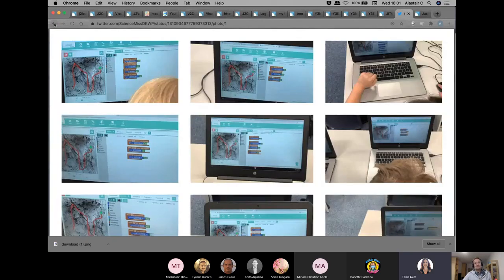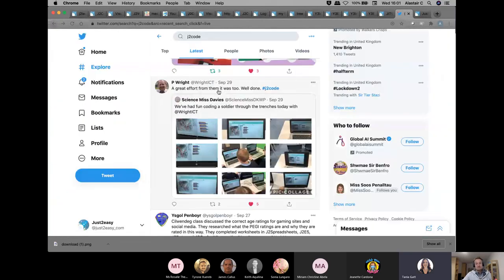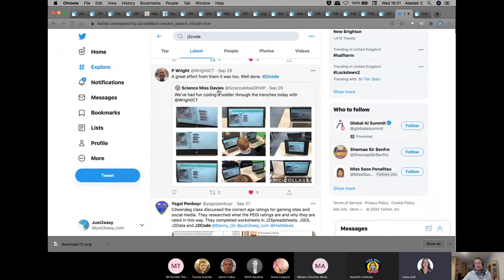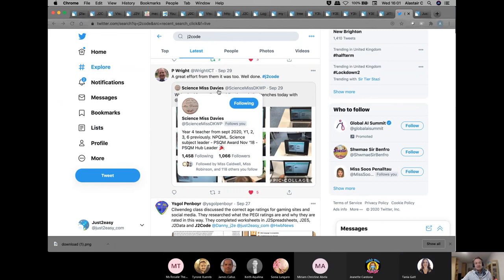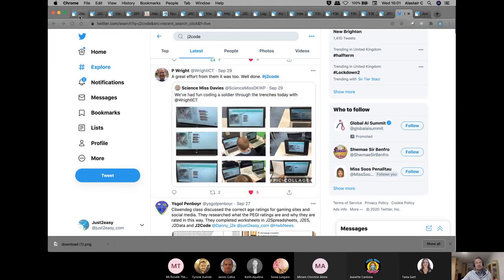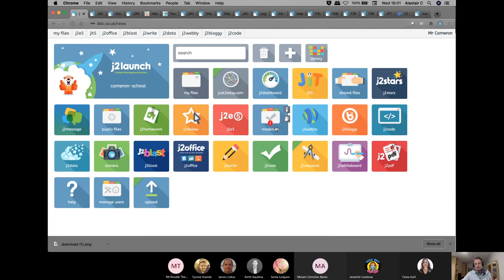Alistair, I'm going to ask you. Keith asks, is it possible for students to publish their work independently of their teacher? Absolutely not. No, if a student wants to share their work, they can press the publish button, but nothing will happen until you, their class teacher, actually goes to the button called moderate.